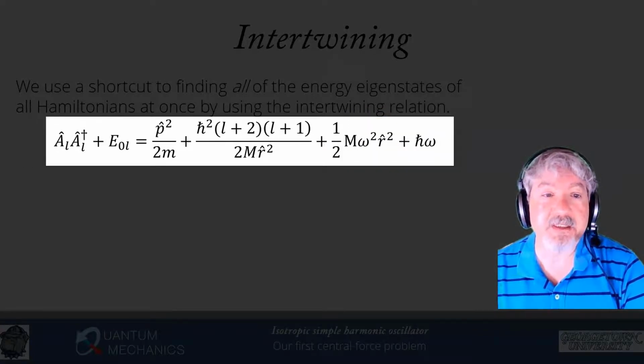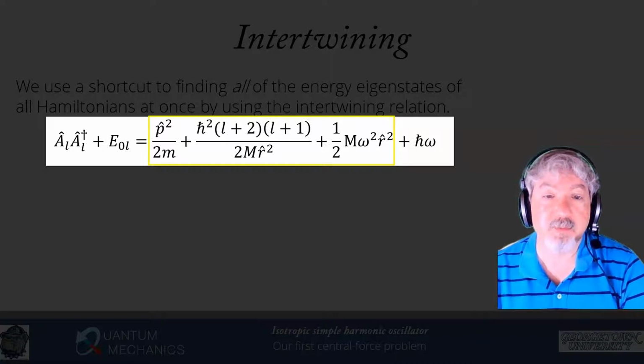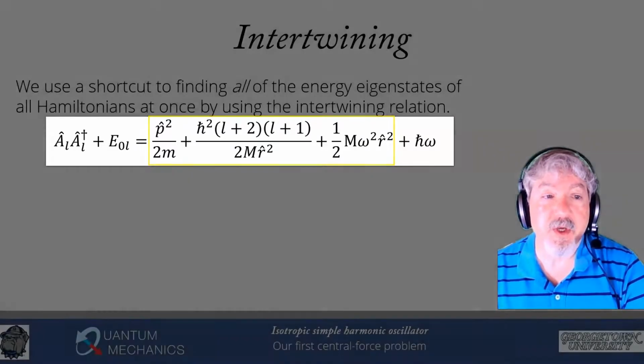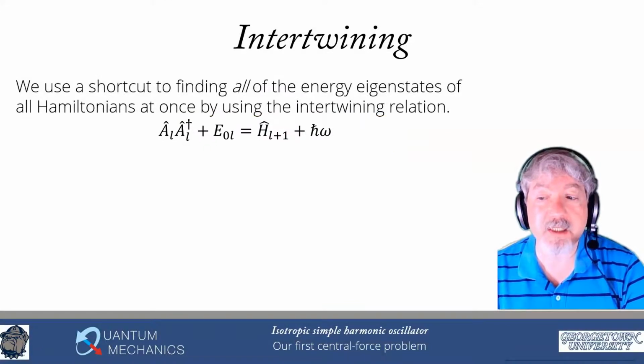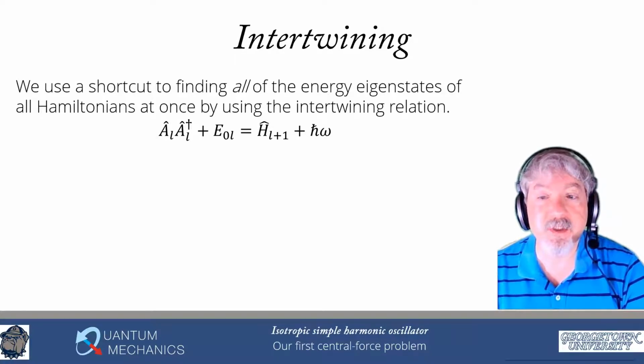So that is now the expression of H_(L+1), because I will take the value of L times (L plus 1). If I increase L by 1, that becomes (L plus 1) times (L plus 2), which is what we have there. So I can replace that by H_(L+1), and then there's an extra constant left over, an ħω. Now, I just want to be careful here to make sure that this is not our auxiliary Hamiltonian. We're relating these expressions that normally form the factorization chain into these other Hamiltonians that we need to work with and find their eigenvalues as well.